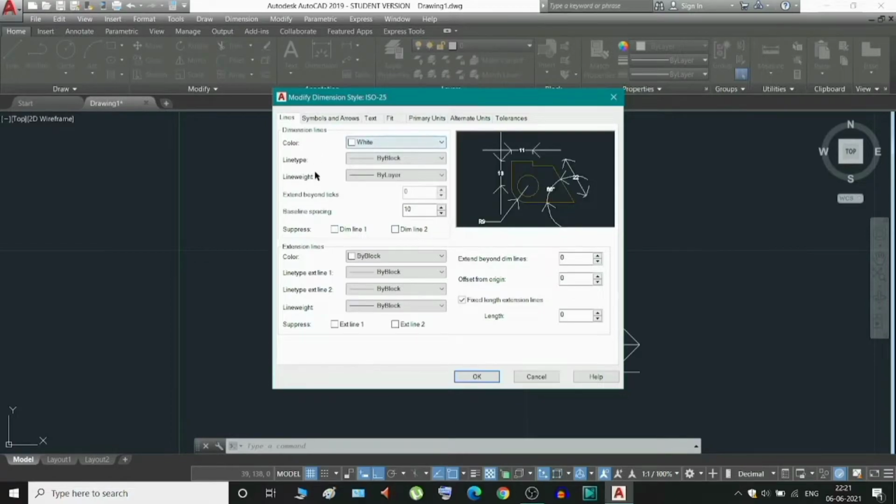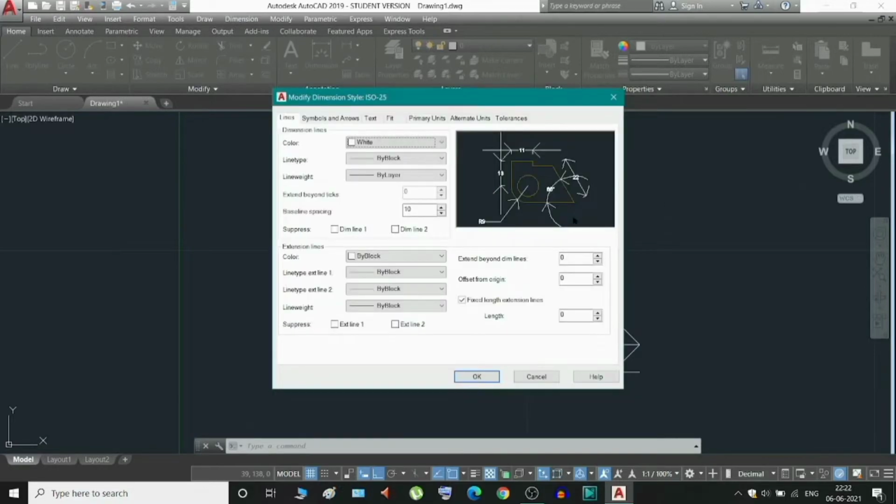And you can select the colors and so on. Let these things be like this. And this is the thing, if you click on the fixed length extension line, it will just fix these extension lines. As you can see, if I uncheck it, then it will show this distance, but it is sometimes messy, so I will check it and click OK.